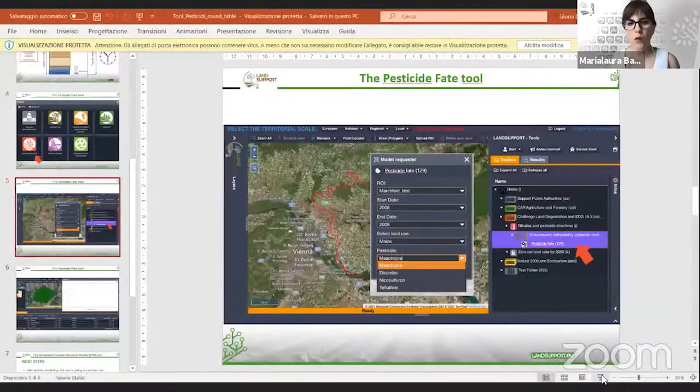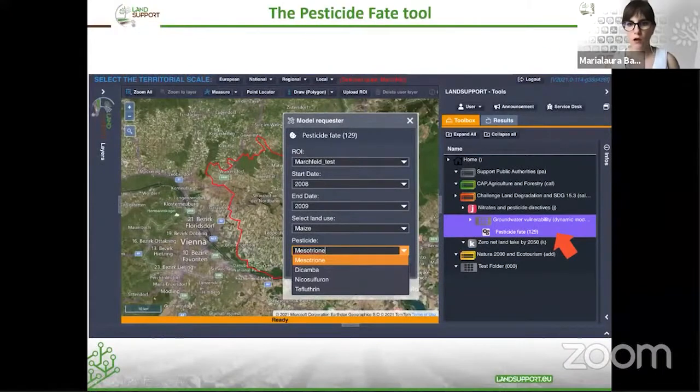If the end user changes the area of interest, the scale, moving from Markfeld to the Valle Teresina in Italy to Zala County, you will find different crops and different pesticides. So here we are. When you choose the tool, which is here in the groundwater vulnerability, with this big red arrow, the pesticide fate tool, you obtain